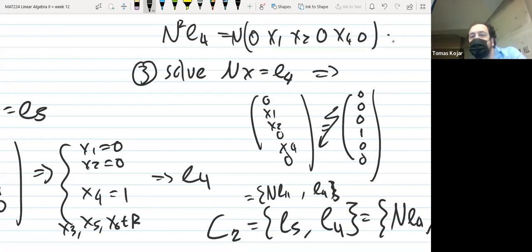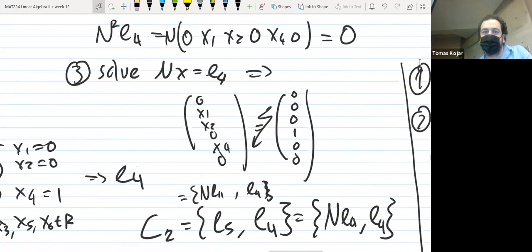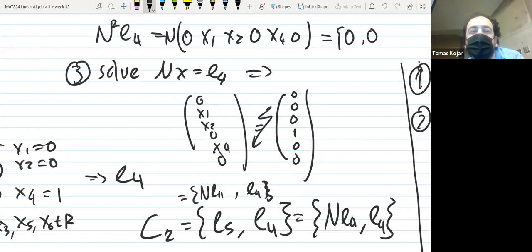And if you act on it again, it will send it to the 0 vector, because if it acts again, it kills this, and in this case x1. All right. And what was the point here? The point was,